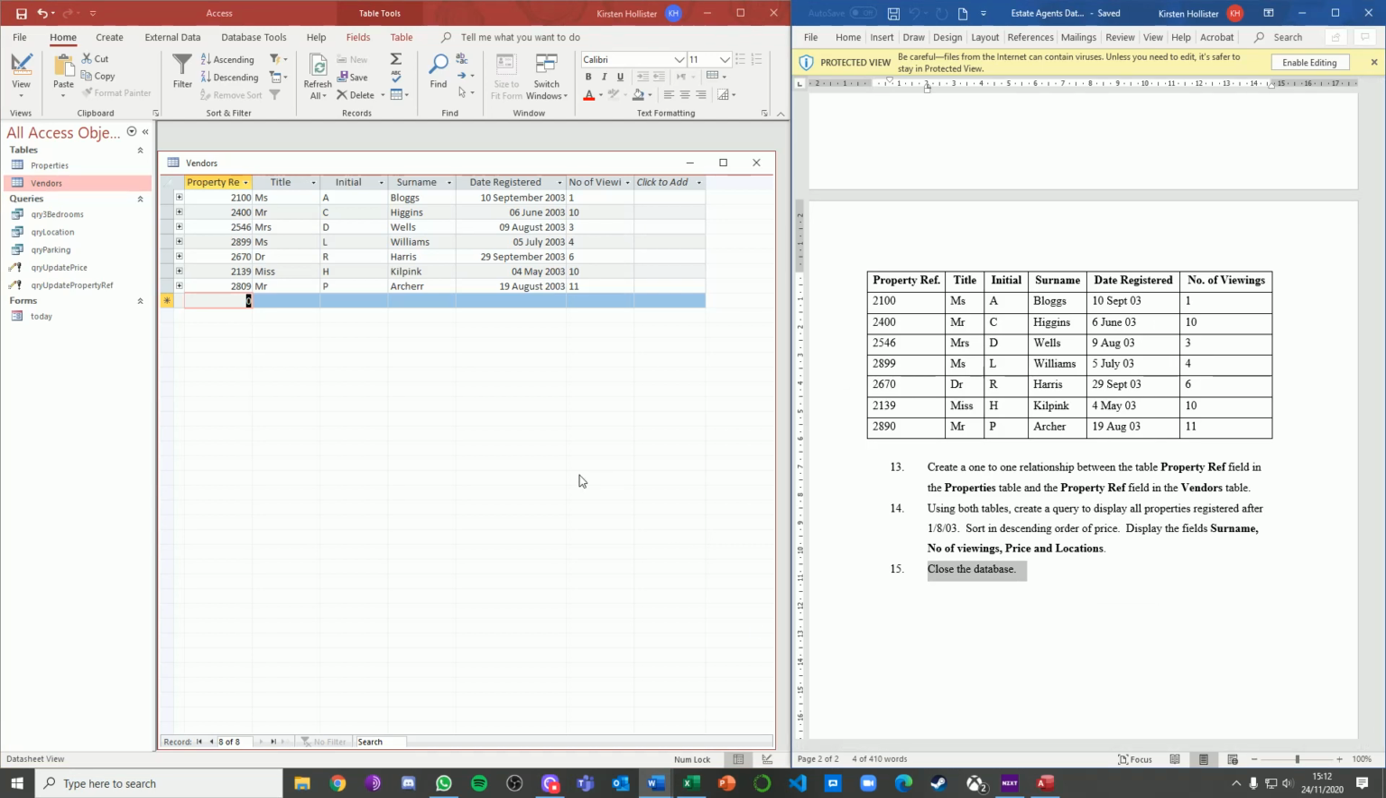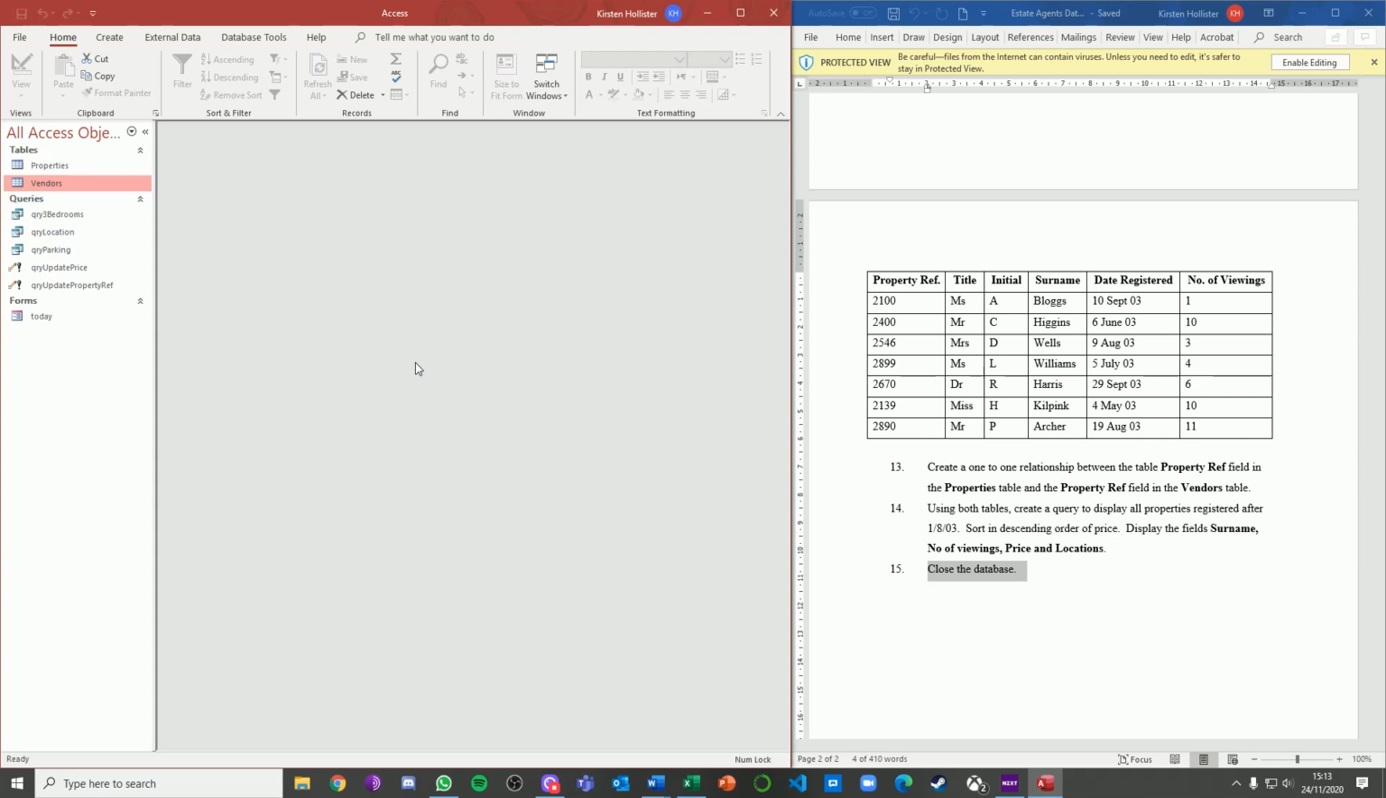Right, I've entered all the data now, and it's important to have the data in both tables before you enforce referential integrity, or to have no data in both tables when you enforce referential integrity. And the reason is that the link enforces the join between the property ref here and the property ref in the other table. Okay, so now